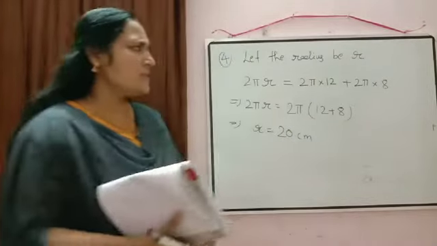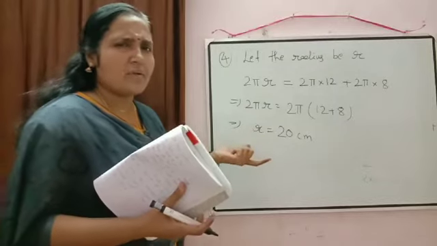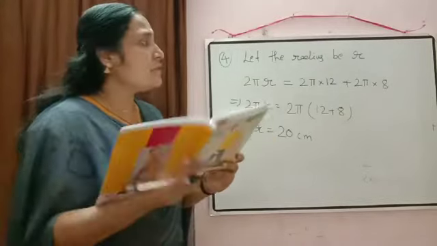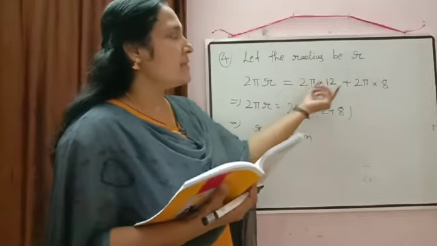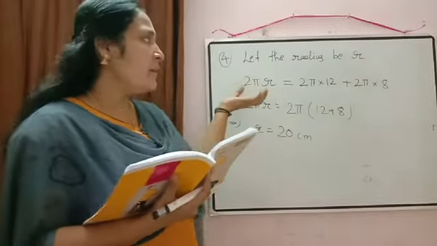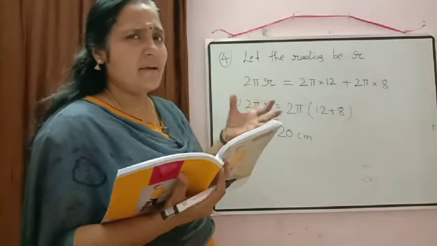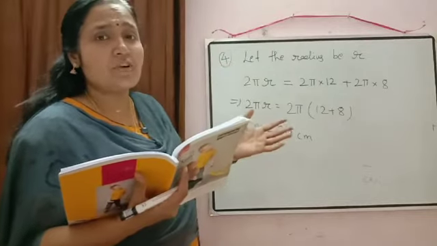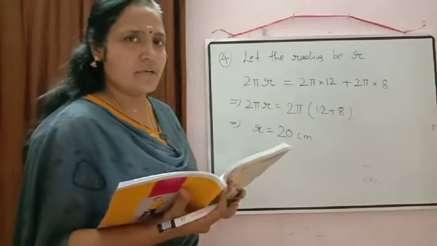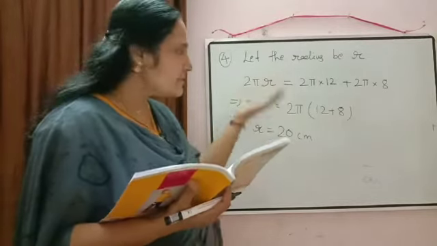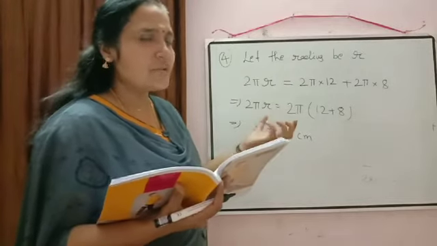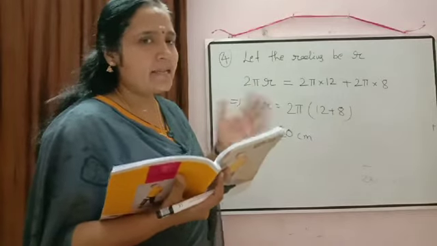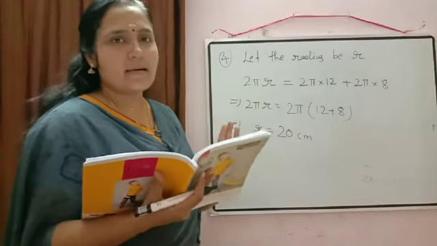Now if this question comes, it will come for 1 mark only. These types of questions are there in your textbook. Some students calculate the circumference separately and then do the calculation. But why? For a 1 mark question, just think, so many steps should not come. I think this is clear and these steps are easy also. If you know the concept correctly, you can do the questions very easily. But the main thing is you have to apply the correct concept.